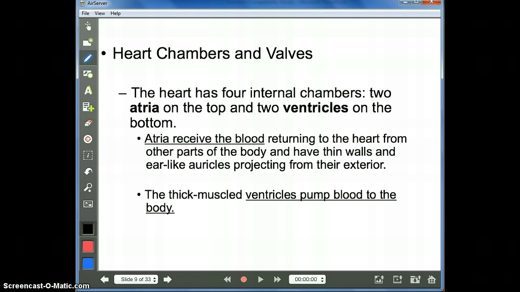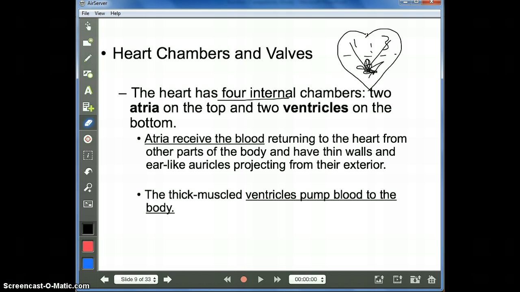Moving away to the heart chambers and the valves, it does contain 4 different internal chambers. Now these 4 internal chambers are going to be essential in terms of being able to keep the blood separated for optimal efficiency. Now you saw in a frog's heart when you probably did the dissection in 7th grade that they have those 3 chambers of hearts. So if we looked at a 3-chambered heart, we have 1, 2, and 3. Both oxygenated and deoxygenated blood can mix in this bottom chamber.